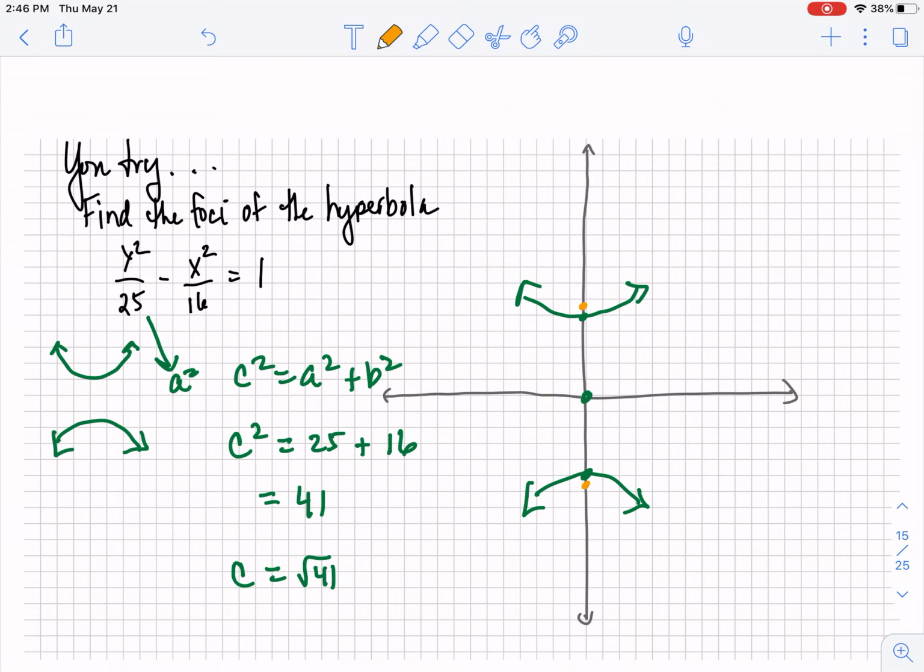Why am I doing this again? Well, because I want you to realize that now the points are going to be 0, comma, square root of 41, and 0, comma, negative square root of 41. Because now check it out, my transverse axis is vertical. All right, anyway,